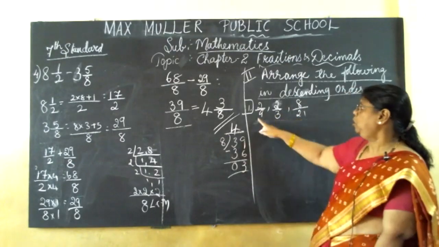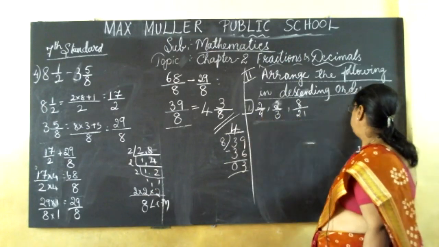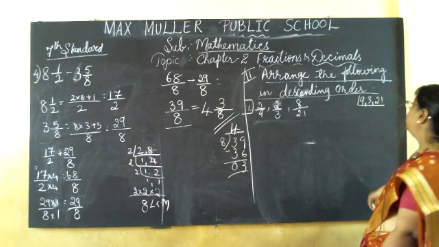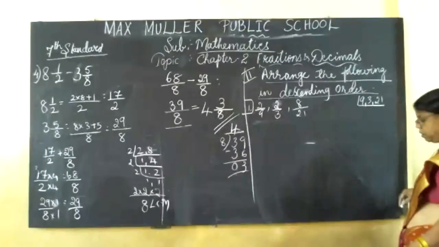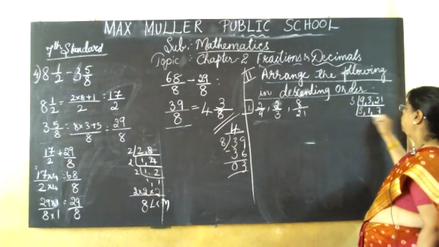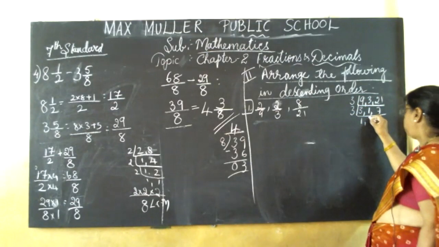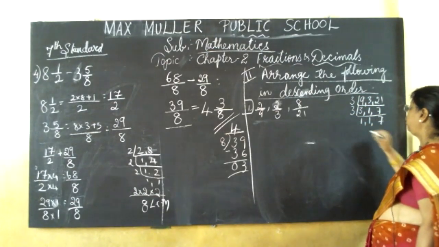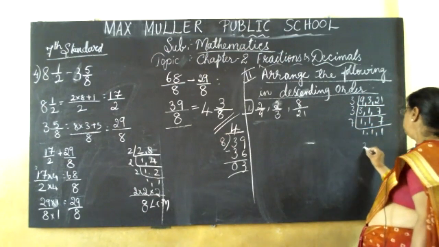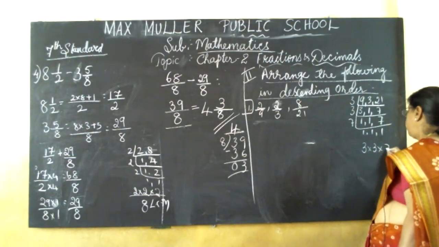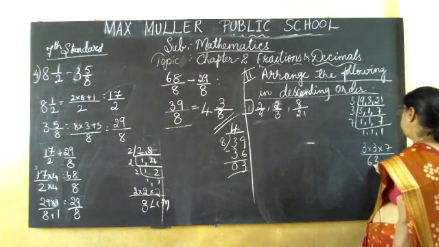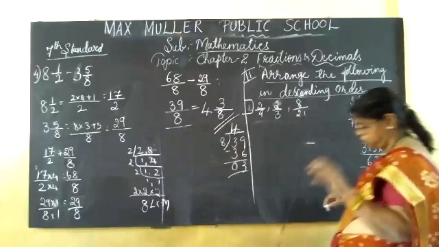So to make the denominators equal, we have to take the LCM of 9, 3 and 21. Take the LCM, children. 3 3s are, 3 1s are, 3 7s are. Next again 3, 1, 1, this 7. Like that only we have to get it. Then 7, 1. So 3 into 3 into 7. 3 3s are 9, 9 7s are 63.